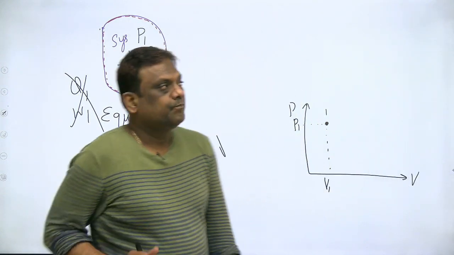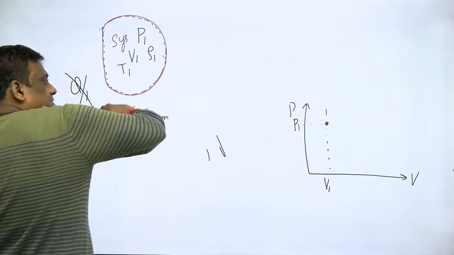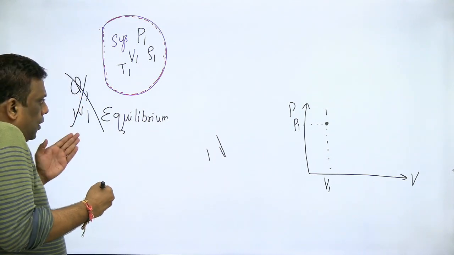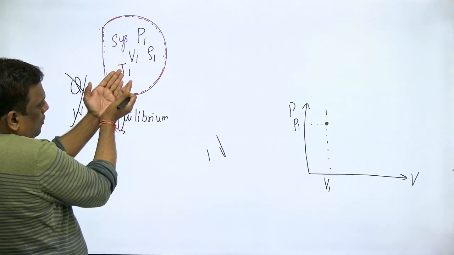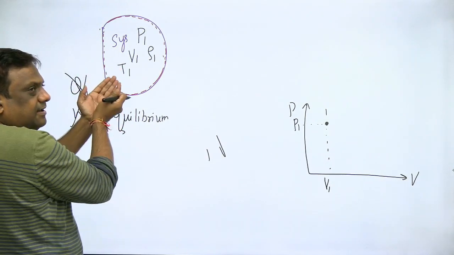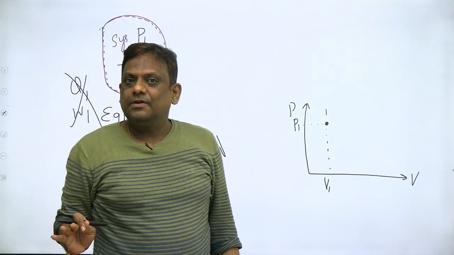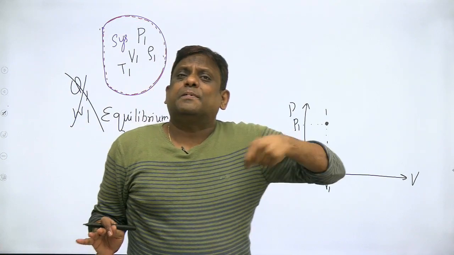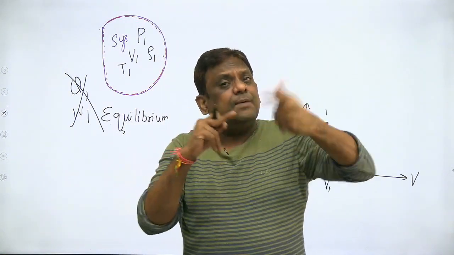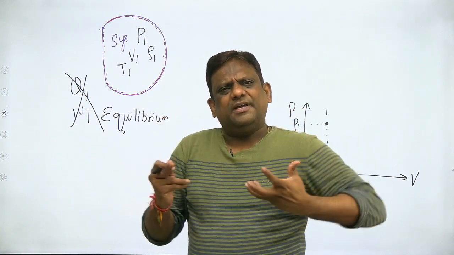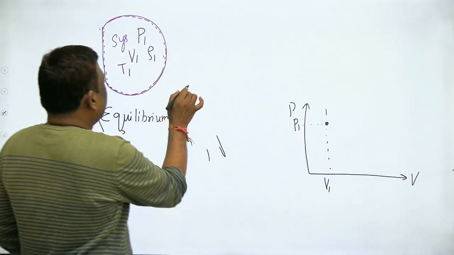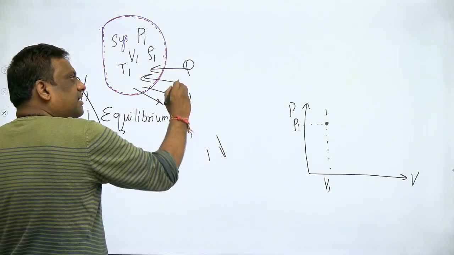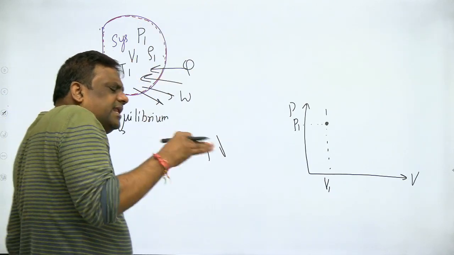Now understand, say I am supplying heat, it is crossing. You will use the word heat or work only when it crosses the boundary. Whenever it is crossing the boundary, there is an energy interaction in the form of heat and work. Then properties change. So when is the process taking place? When properties are changing, because of energy interaction, maybe heat or work interaction, into or out of the system. So heat or work are associated only with a process.